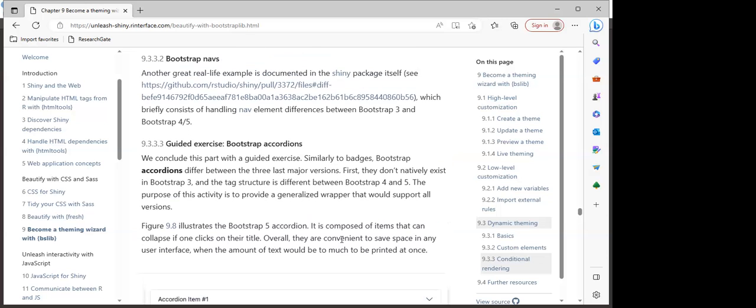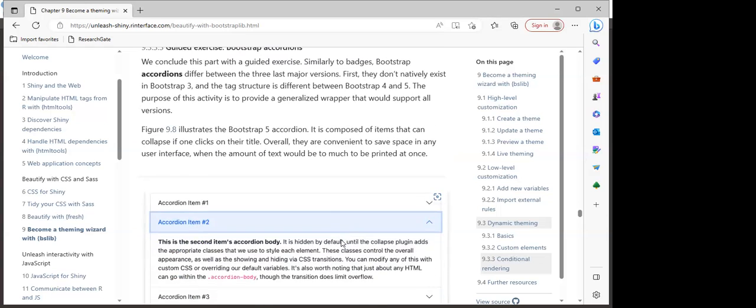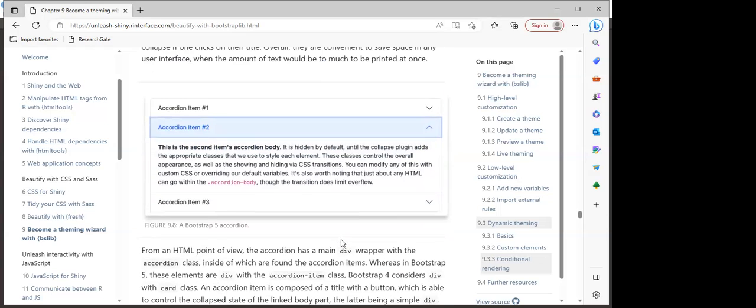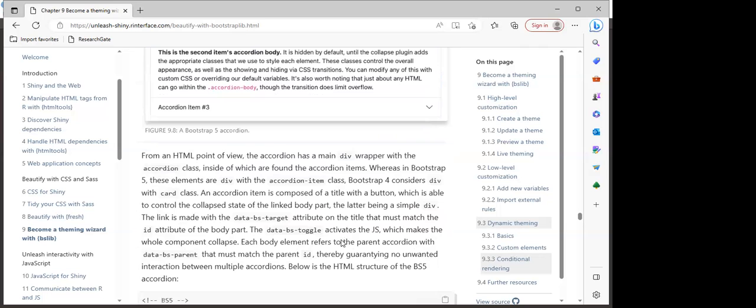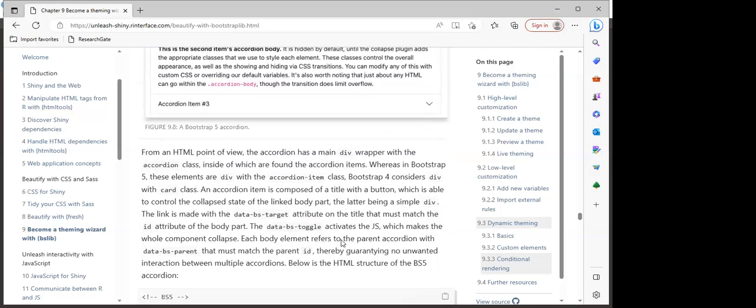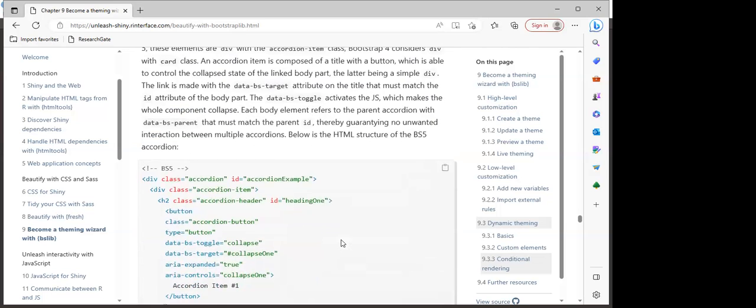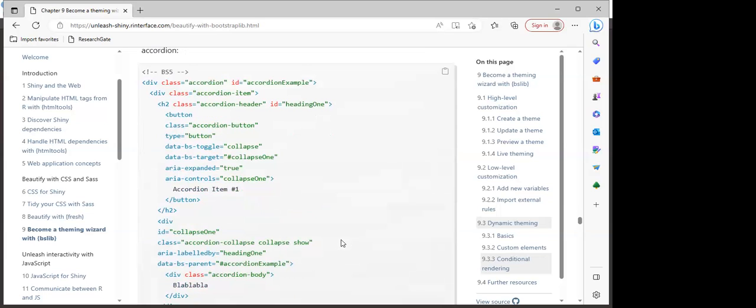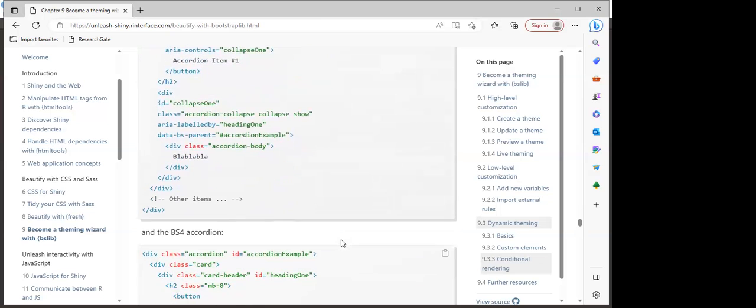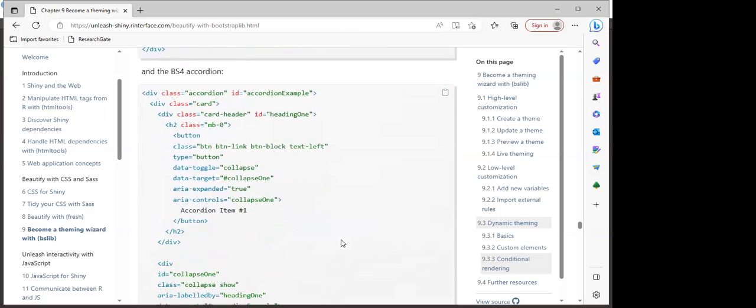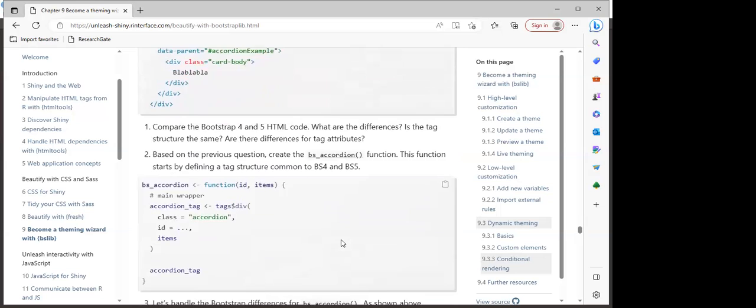I think accordion dropdowns are very, very useful, because as the user is interacting with the app, they can easily click on certain parts, then you see the dropdown. Then from the dropdown, we select the specific part in which we are interested in